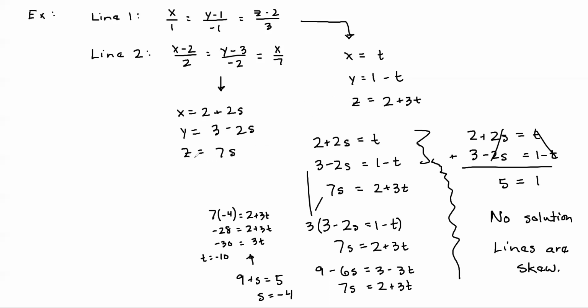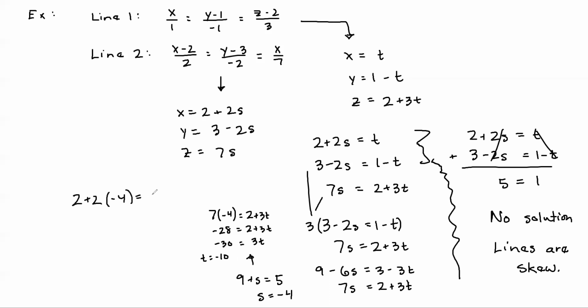Okay, so now let's see what happens if we take that point and test it on x. All right, so you could take t equals negative 10 and s equals negative 4, and you could plug it into these bottom two equations, and it will give you a y and a z coordinate. And so the question is, does it work on x? So let's take this and plug it in. And so this is the equation for x. So we're going to have 2 plus 2 times negative 4